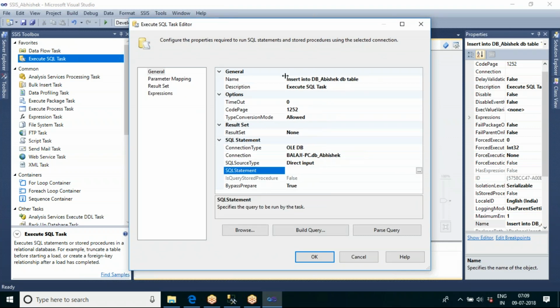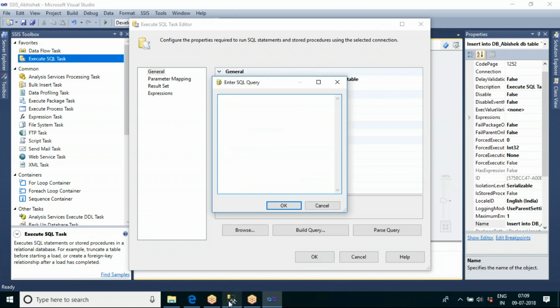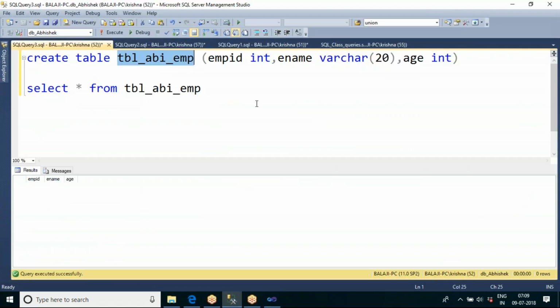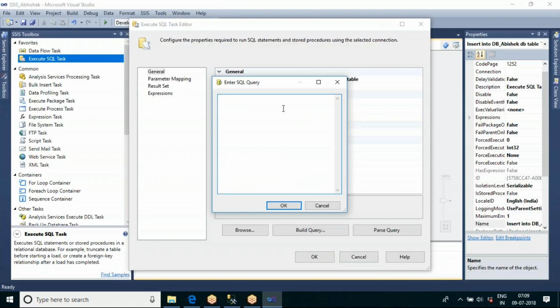Now to which table? What is your table name? My table name is this one, table underscore Abhi underscore emp. Let us write here insert into table Abhi, and what values? I don't know what values are coming from the first task.